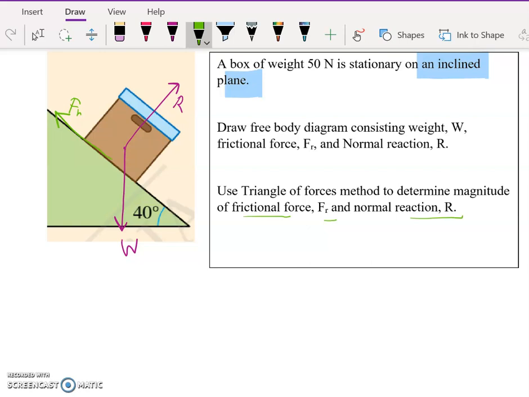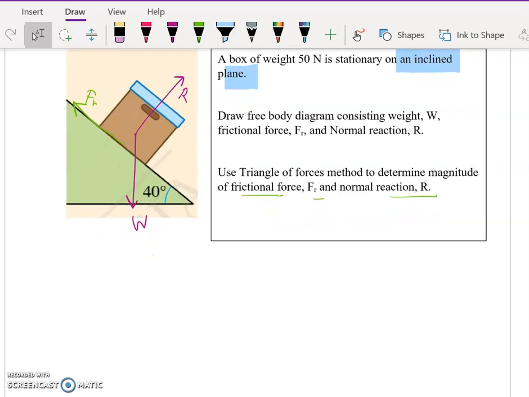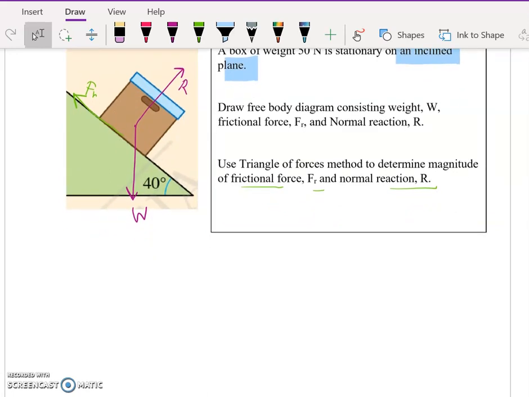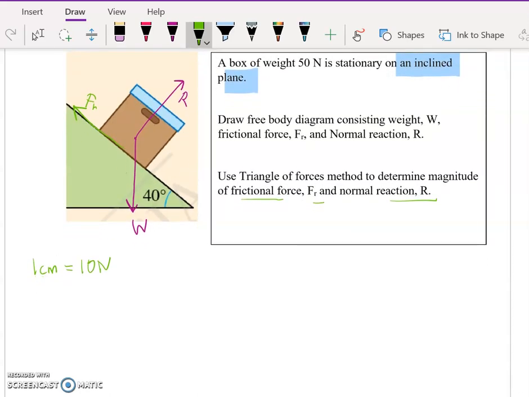So to use triangle of forces method, we need to draw according to a suitable scale. So let's choose our scale. A suitable scale that can be used for this diagram is 1 centimeter to 10 Newton, which means that we have the weight component here, 50 Newton, can be drawn according to the scale, 5 centimeter. 5 centimeter, 50 Newton. Okay, next, second step is